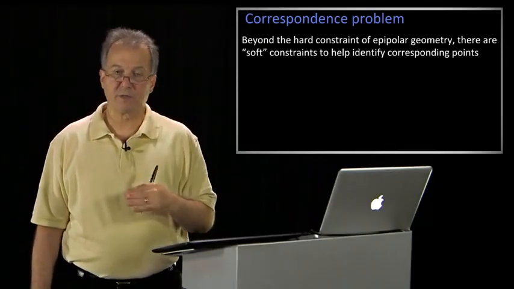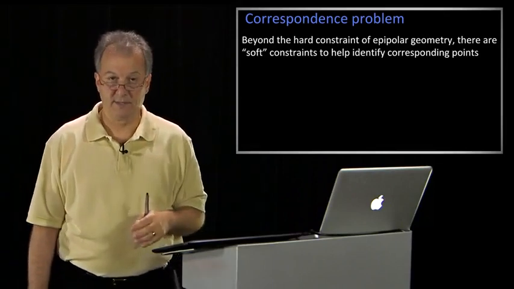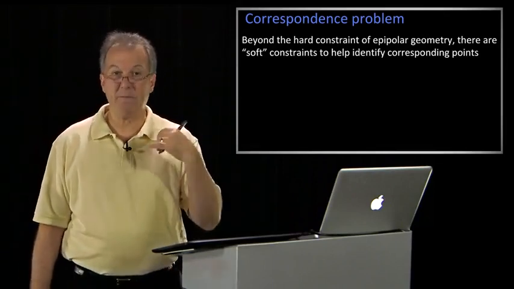So to help solve the correspondence problem, what we need are some additional constraints. The epipolar constraint was a hard constraint. That is, it must be true, it's enforced